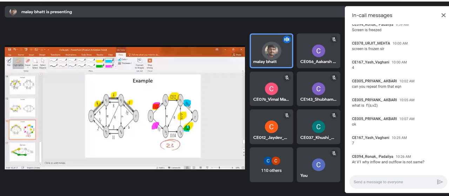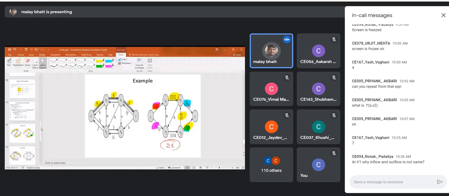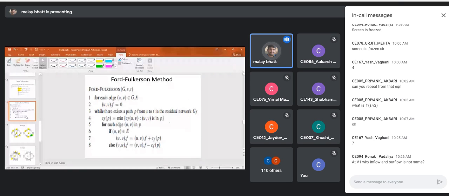Right? So basically what we have to do, we have to solve examples like this. Some example is given, you have to apply this augmentation path every time, and you have to find out the flow. Clear? Okay, so now this algorithm is given by the person who is known as Ford-Fulkerson. So this algorithm is known as the Ford-Fulkerson algorithm. So let us see the steps now.